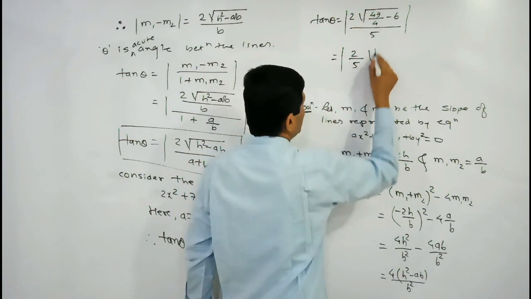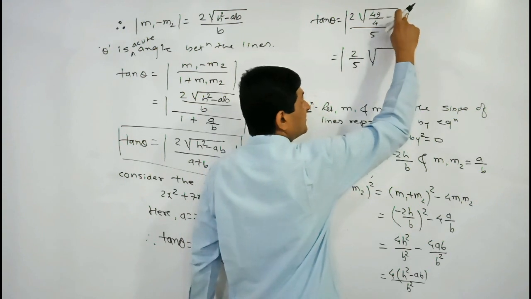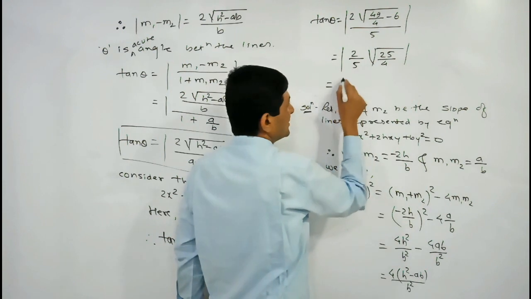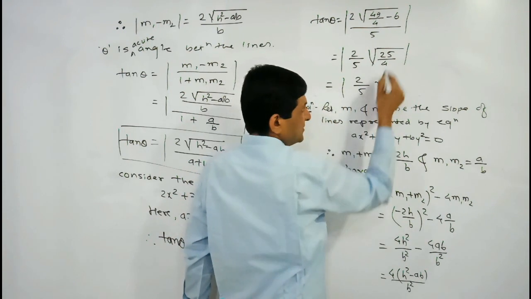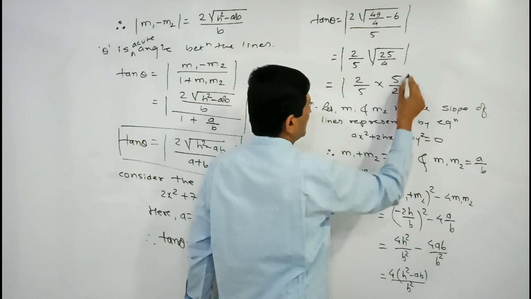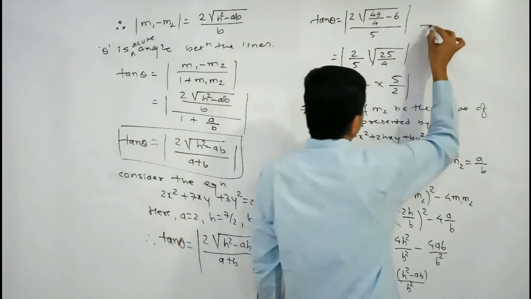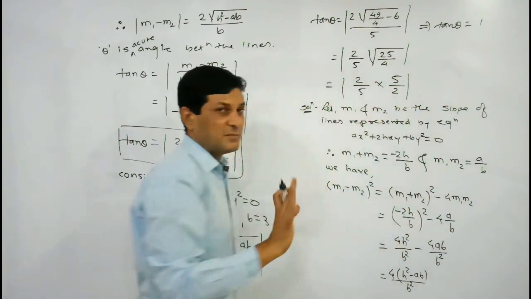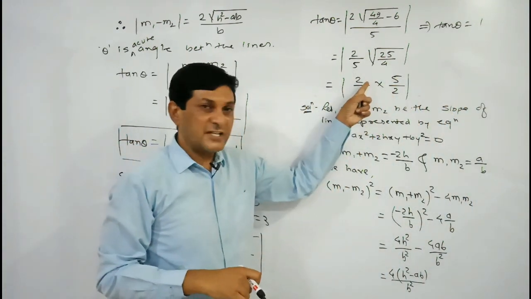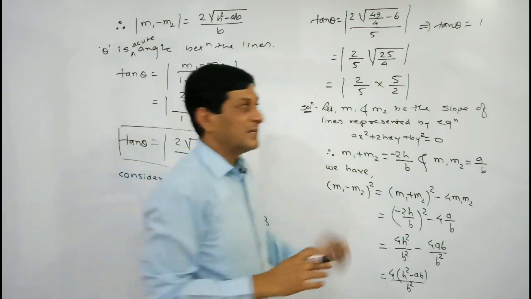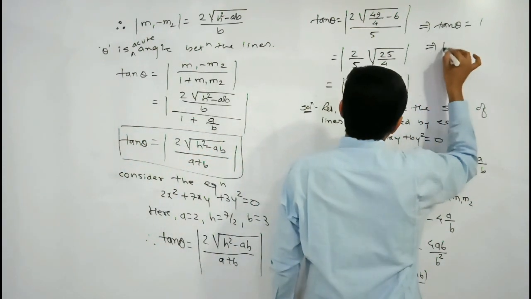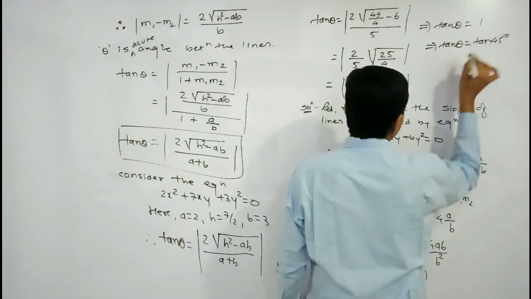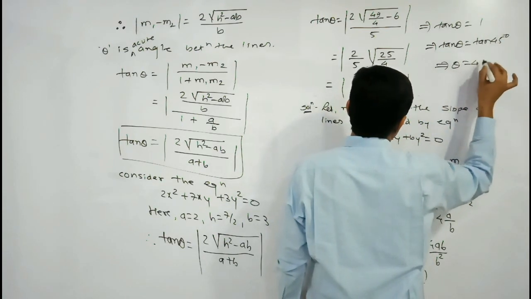Let us take the cross multiplication here. 4 sixes are 24. 49 minus 24 is 25, so 25 upon 4. So this is equal to mod of 2 by 5, keep it as it is. If we take its square root, we will get 5 by 2. So 5 and 2 will cancel, which implies that tan theta is equal to 1. All these terms get cancelled, the remaining term is 1, and mod of 1 is equal to 1. So tan theta is equal to 1, but 1 can be replaced by tan 45. Comparing both sides, we can say that theta is equal to 45 degrees.